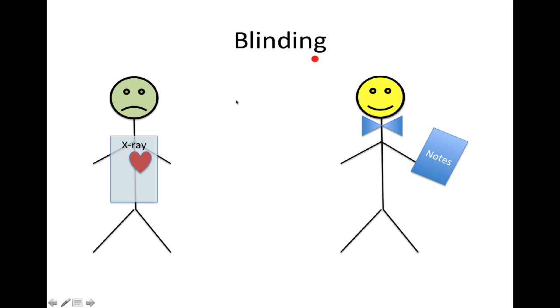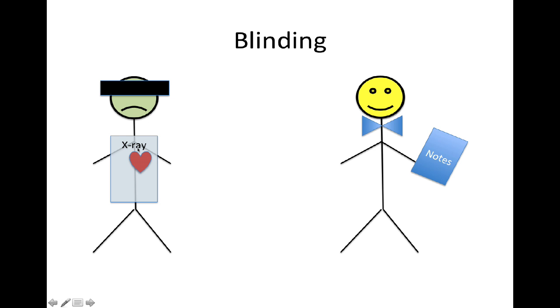Also important is the blinding effect. Blinding refers to whether you know or you don't know whether you're getting the placebo or not. The doctor may be treating you, and he may be giving you a substance, and then he would tell you that this substance is actually a placebo, so he doesn't really expect you to get better. And then you might have a different outcome because you know you're getting the placebo and not the actual treatment. However, in a blinded study, the doctor or the scientist might give you a treatment, and